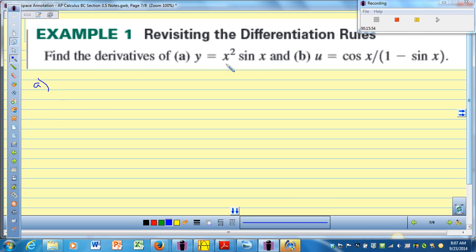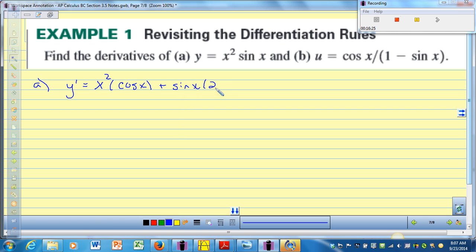So now let's look at a few problems. We're asked to find the derivative of x squared sine x. Tell me what we need. We need product. All right, y prime. I'll write it that way this time. Y prime: first times derivative of the second would be what? Yeah, x squared times cosine, plus sine x